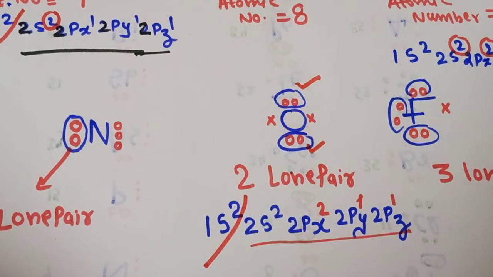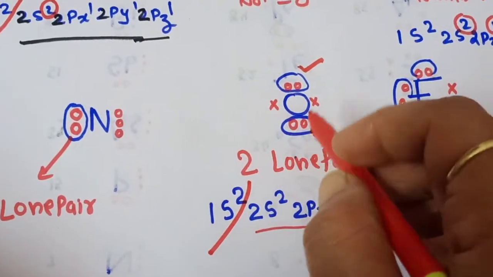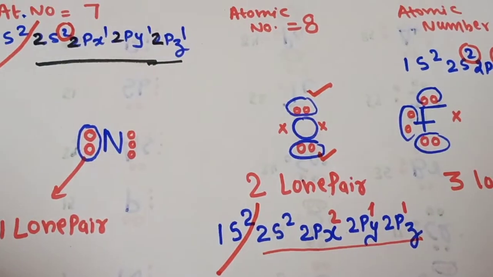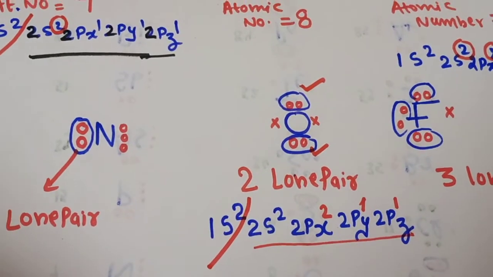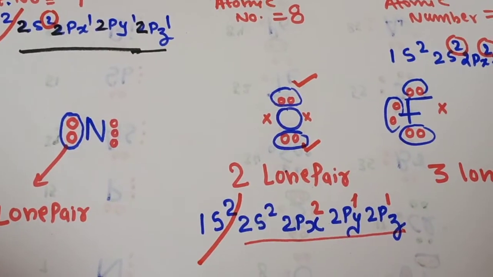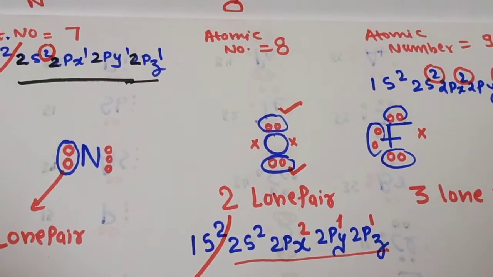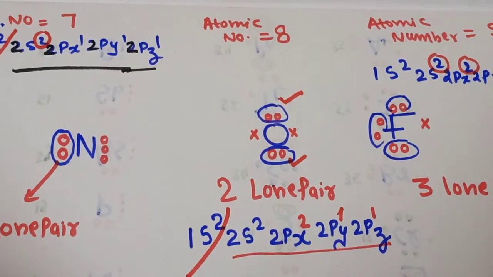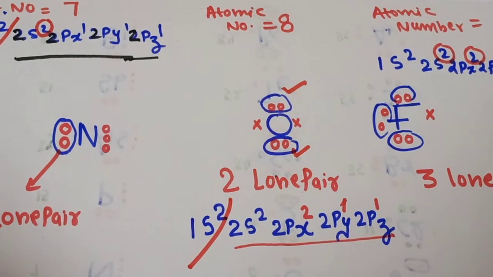They do not take part in the bonding. Only 2 electrons will take part in the bonding in the case of oxygen. So that's why they can make double bonds. Okay, that is a different concept, how the bonding takes place. Today I am only explaining the lone pair. So in oxygen, how many lone pairs of electrons will be there? 2 lone pairs of electrons. But the important thing is, in the outermost shell, how many electron pairs are there? That is the lone pair.